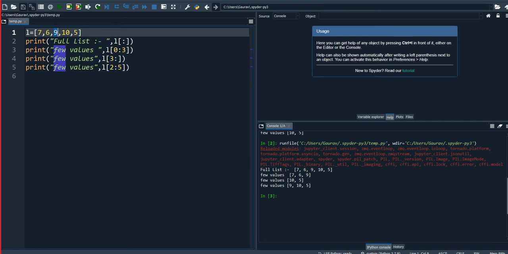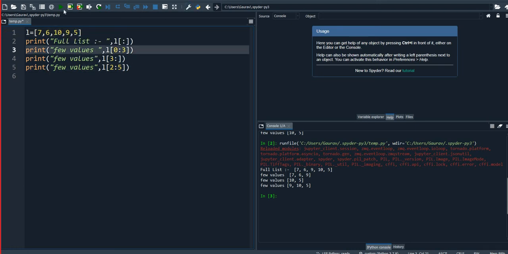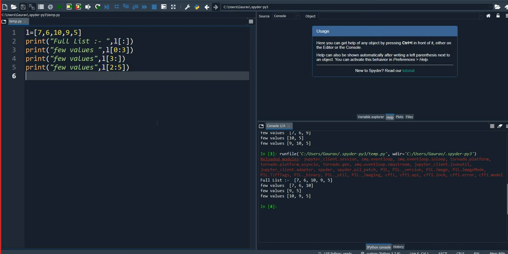This is the 9, 0, 1, 2, 3, 4. Okay, so the fifth value is not there because the number of values is not that much. So in this, if I exchange the value, now play 10, 9, 5. Here 9, 5, 9, 10, 5, and the values will be different. So this is called the slicing of a number.